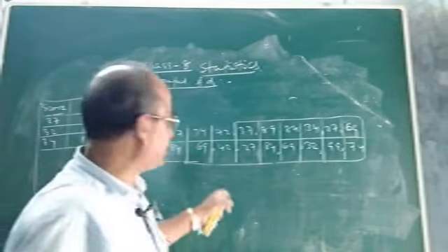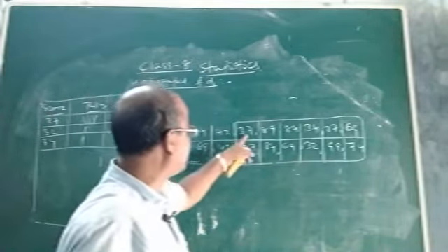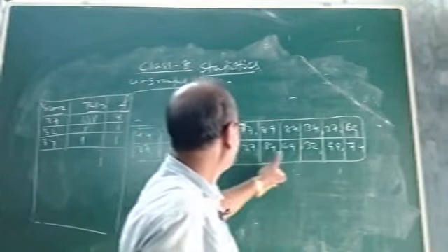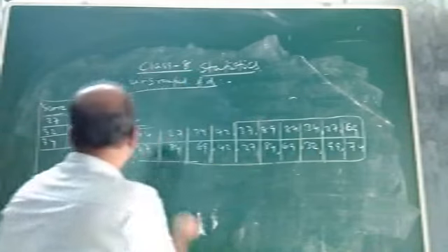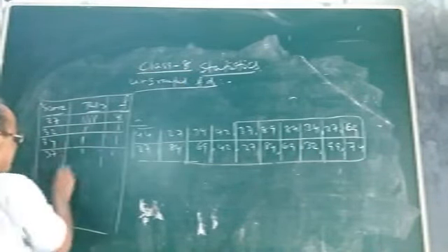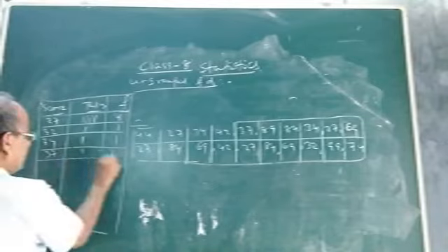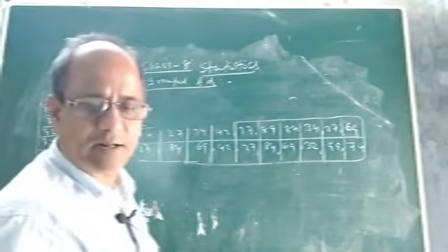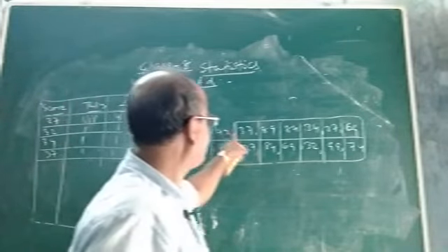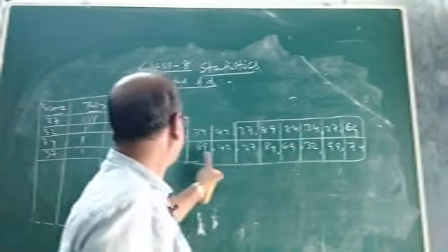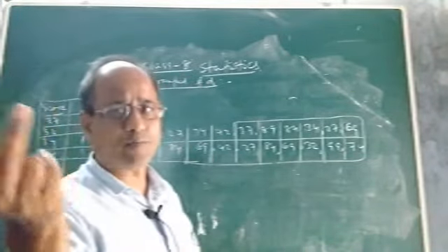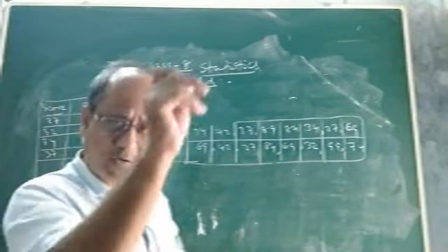Then after 34, the next mark is 37. You see, 37, 1 student. It is also scored by only 1 student. That means the frequency is 1. Now after 37, the next mark is 42. See, 42, 1 student, then 42, another student. 2 students have got 42 marks each. So the frequency of 42 will be 2.